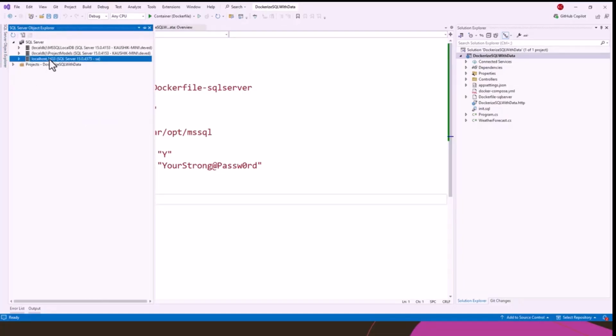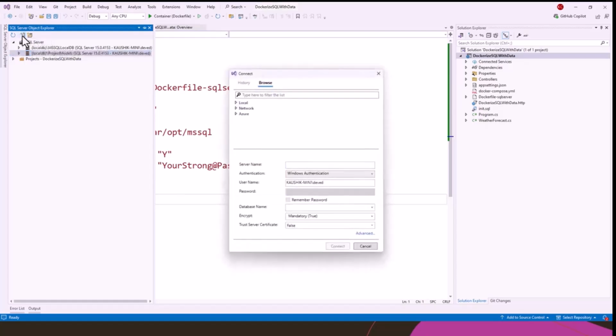If you just delete it, if you disconnect, I can show you it's reconnected by creating another, add SQL server, and I'll give the server name as localhost, because we are using the server port or host port 1433,